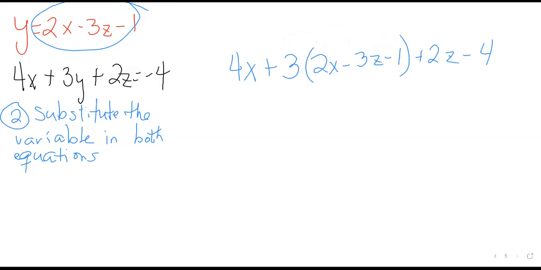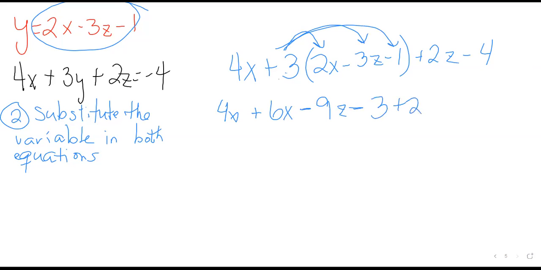So I'm going to have my 4x. Now I'm multiplying these 3. So 3 times 2 is 6. We have to keep that x. And then I have a positive and a negative, meaning my final answer is going to be negative. And 3 times 3 is 9. Again, I have to keep that z. And then another negative and a positive, which again is a negative. 3 times 1 is just 3. Plus 2z